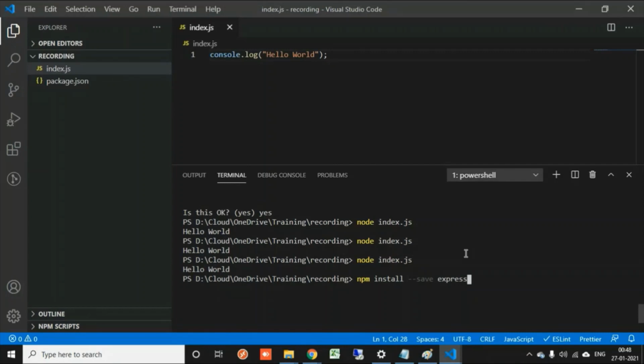So this particular Express package, when it gets downloaded from the internet using the npm repositories, will be locally saved in the node_modules folder. It simply means that it will just download the Express framework and make it available for our application. Nothing very special over here. So from now onwards,